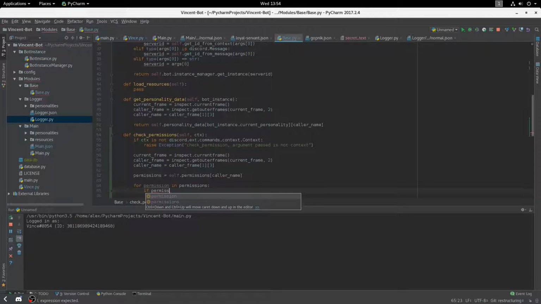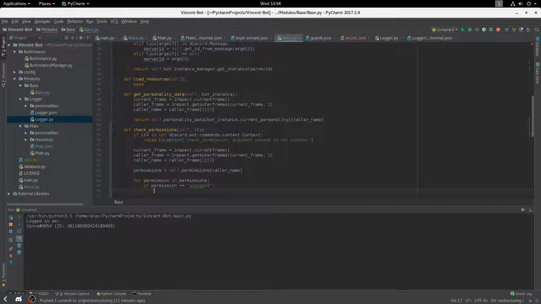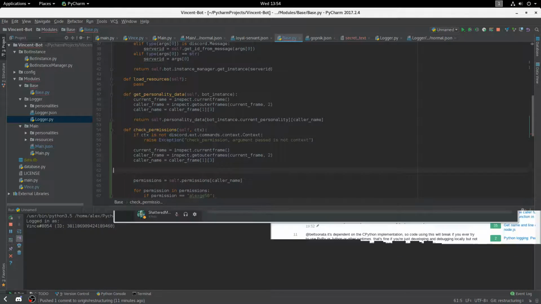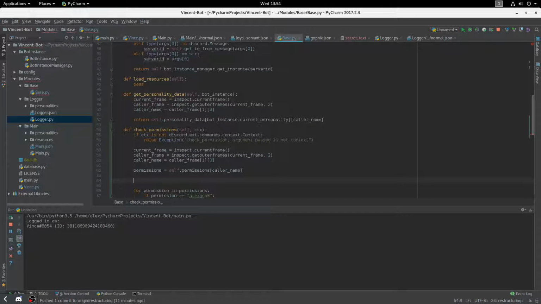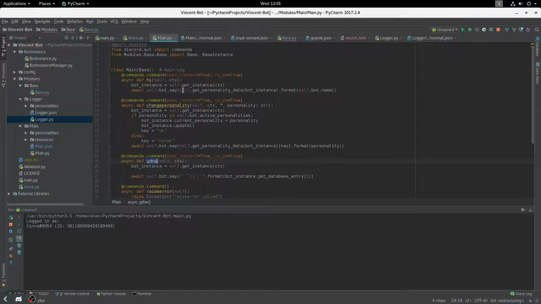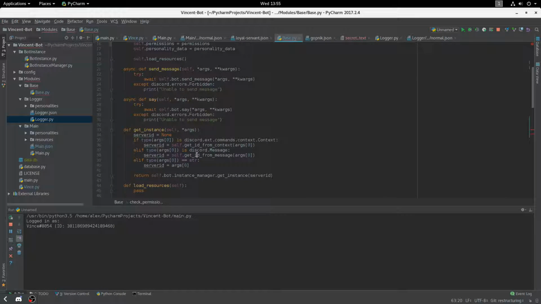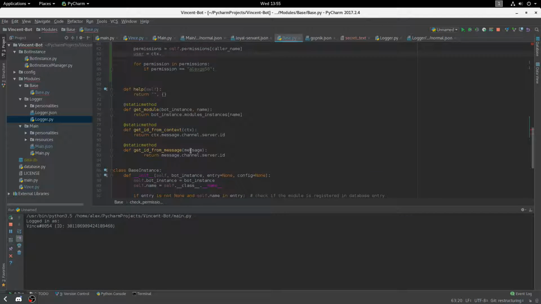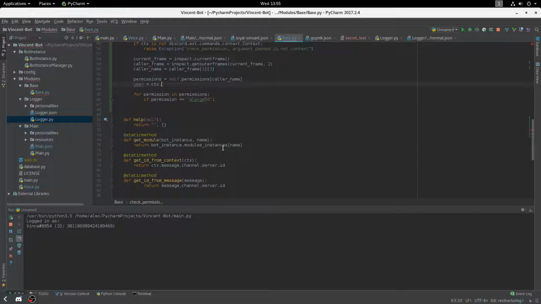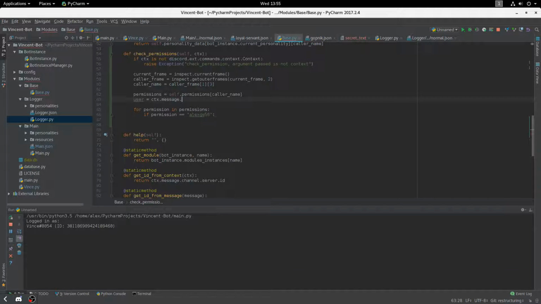If permission is equal with myself, then I have to check, I will put here really quick that after we get this, I will need a user. If it's a context, we get the ID from context. Where is get ID from context? Channel, server ID. So context.message.author, I suppose. I forgot. Let me check my